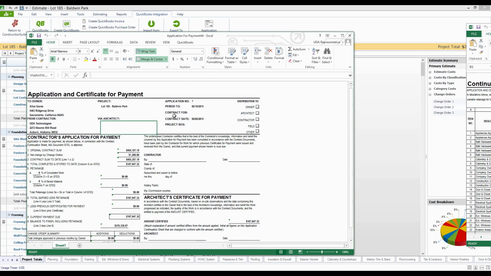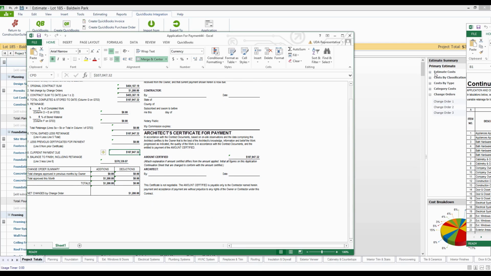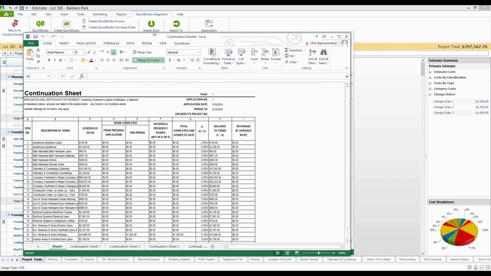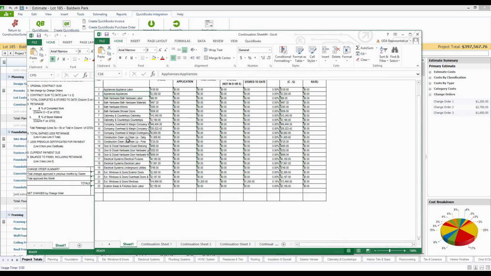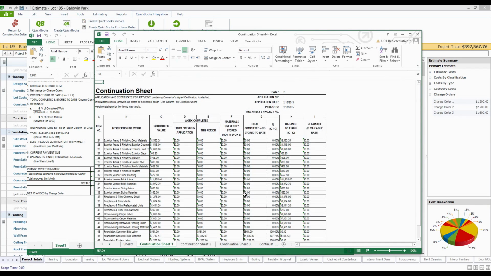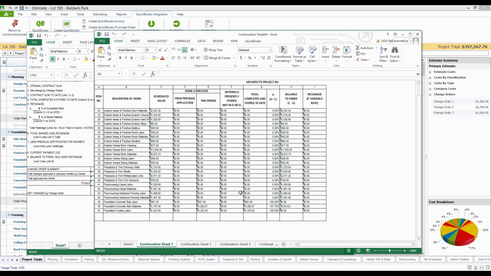So this is the G702 form, where it actually shows what our contract value is, what our change order additions are going to cause, how much we're invoicing for this period, and the schedule of values, which was automatically created over here on the side. It's going to give me a full listing of all the items available on the estimate, in alphabetical order in this case. And it's going to show me what we billed for this period,